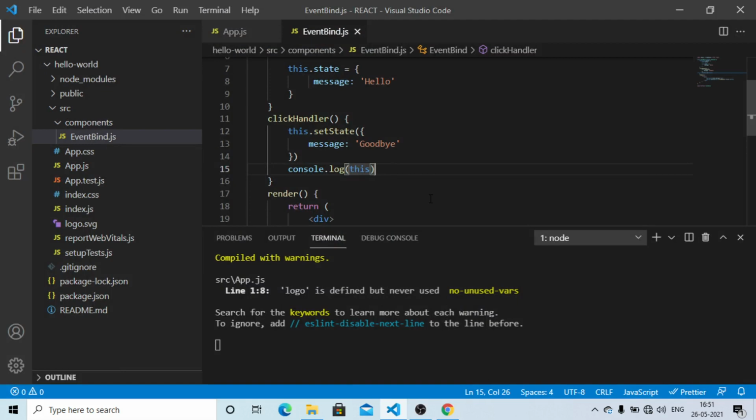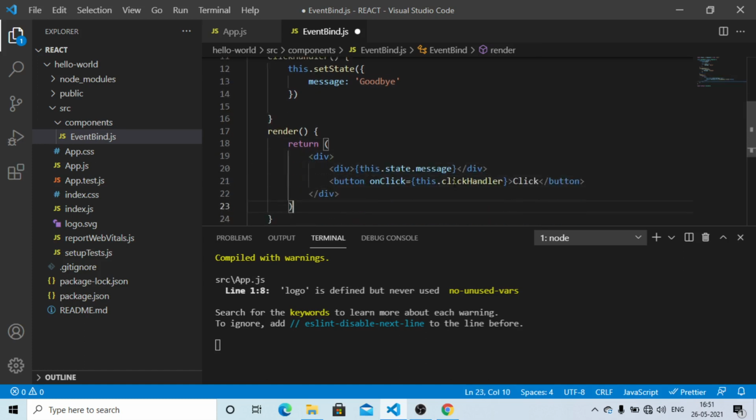Why do we need to bind the event handlers? This is the reason why event binding is required in React. We would like to delete this console message now. There are several ways to bind event handlers in React. Actually there are 4 ways to bind event handlers in React, and in this tutorial we are going to cover all of them. So the first method is to use the bind keyword,